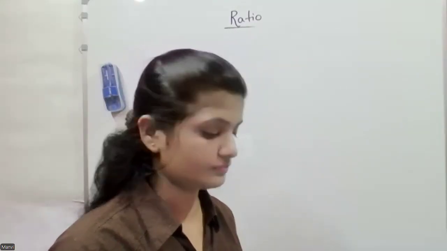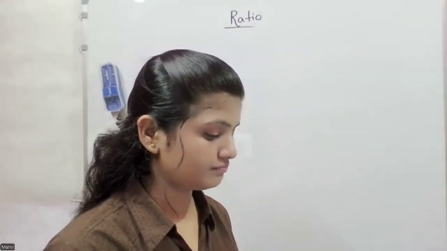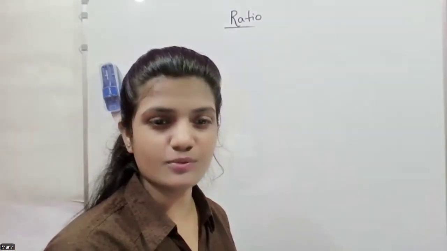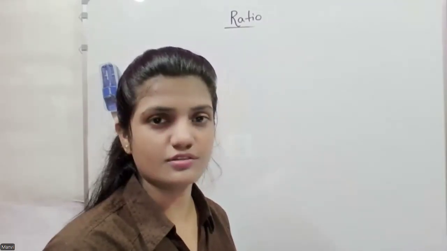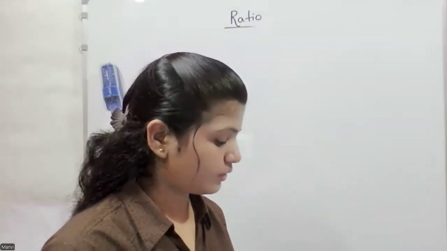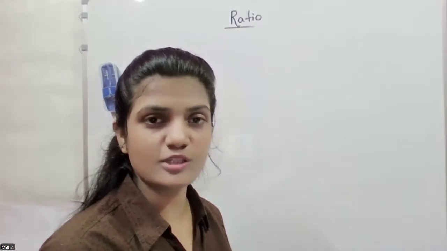Is the answer 7 ratio 3? You got your answer the opposite way. The answer will be 3 ratio 7, not 7 ratio 3. Awesome. You understand your mistake, or you want me to explain this?